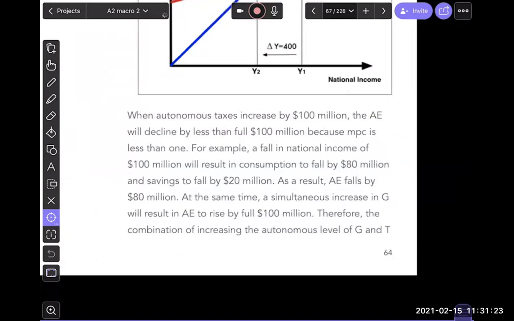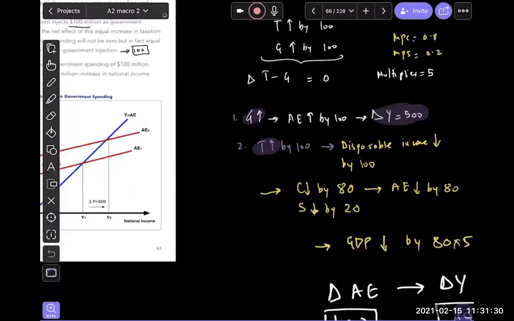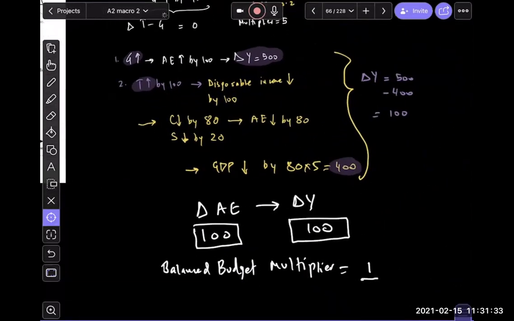Okay, and the math is important to understand because tomorrow when we do fiscal policy and monetary policy, fiscal policy, meaning T and G, taxes and government expenditure, is very powerful. There's also another reason why government expenditure is more powerful than taxes. If you give government expenditure, you normally give it to the poor. But if you reduce taxes, it normally goes to the people who are already working. So government expenditure is always seen as a more powerful tool than taxes if you ever want to make aggregate expenditure go up.